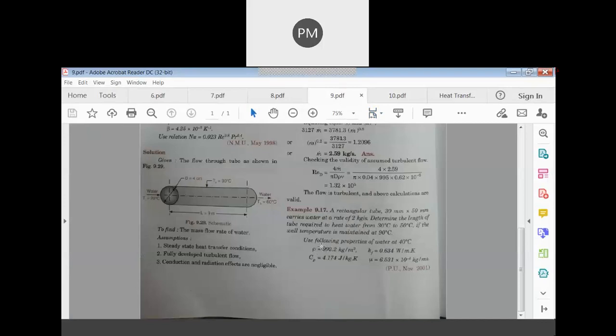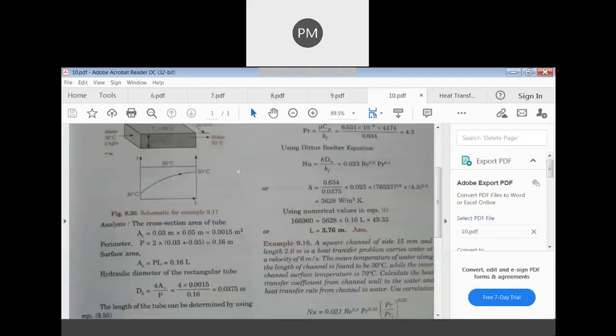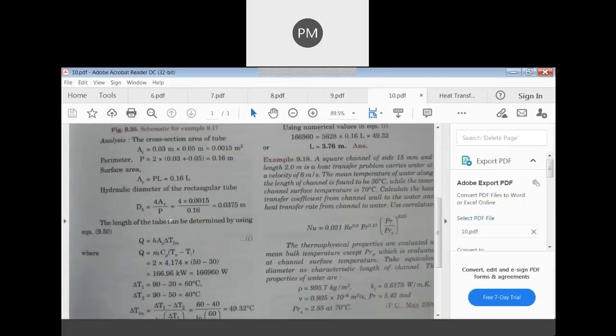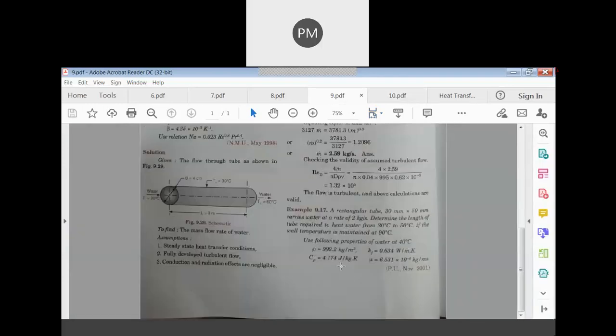Okay, in the properties, they have given in the problem itself 40 degrees Celsius. Cp is 4.174. Actually, it is kilojoules, I think. It has been missed. Just add kilojoules here. They have missed this because water will have 4.18 kilojoules per kg Kelvin as the Cp value. If you take joules, it is 4174, which is okay. Otherwise, it is kilojoules only.